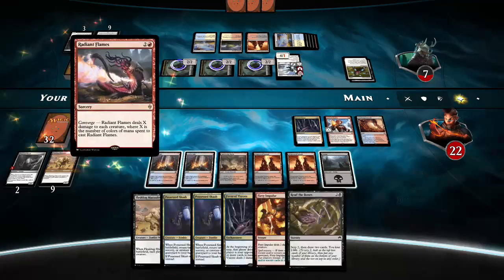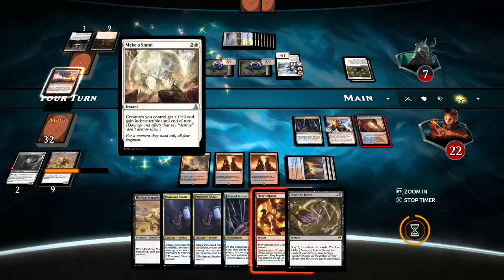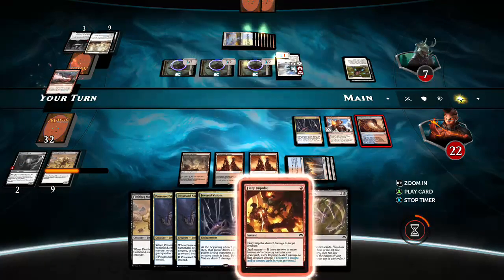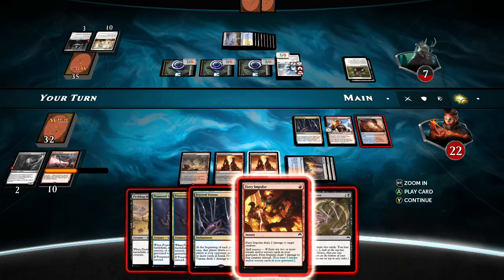Alright, so 3, leaving a blue. Yep, okay. He's got Make a Stand. That's a big negative. Oh, shoot. Should have Fiery Impulsed in response. Oh, well. So he's going to untap and attack me for...